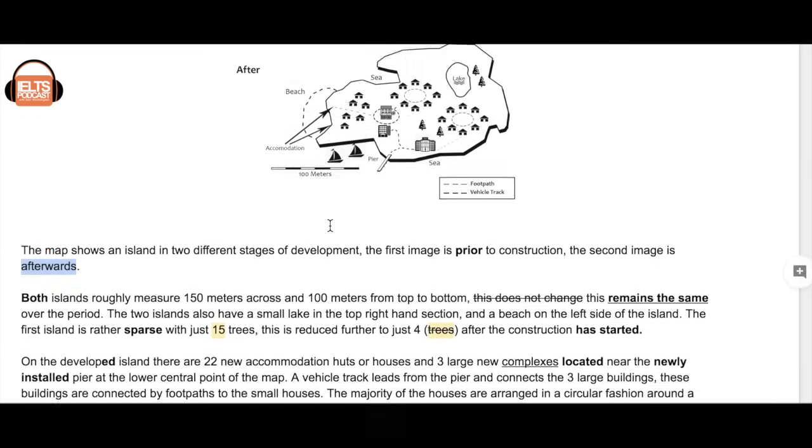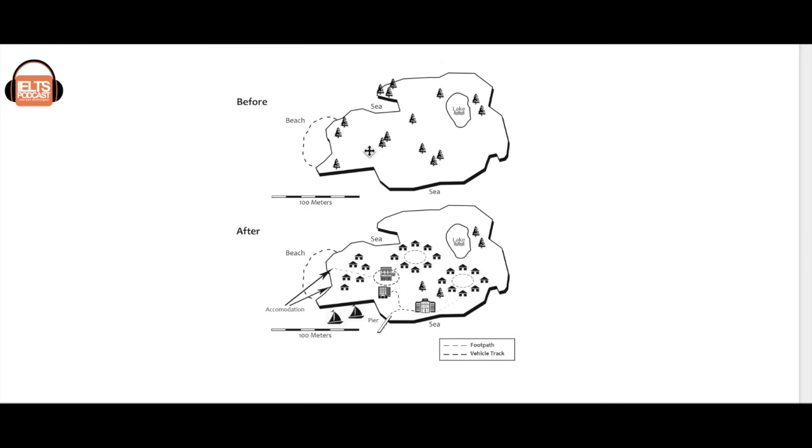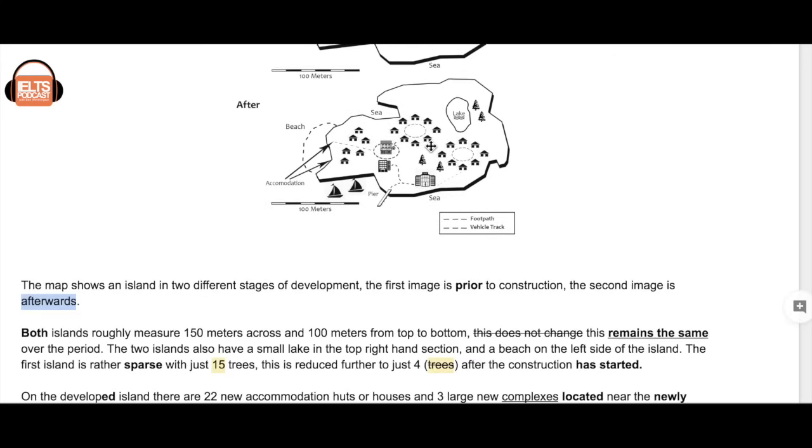I find this quite straightforward. It's one paragraph for the first diagram, one paragraph for the second. Likewise, if you've got two pie charts, you're going to do the same. And